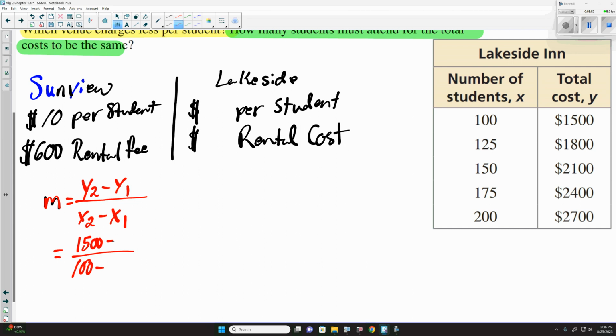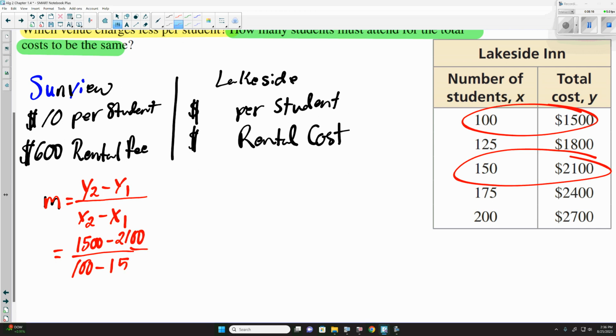So we can pick 100, 1,500 as one of our points. Which other point do we want to use? $2,000? Okay, this one right here: 2,100 for the y